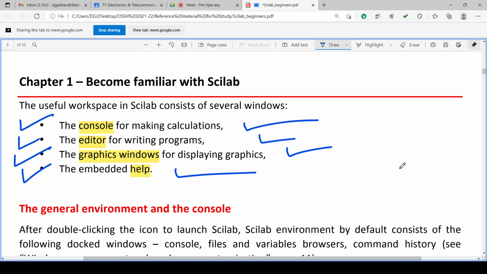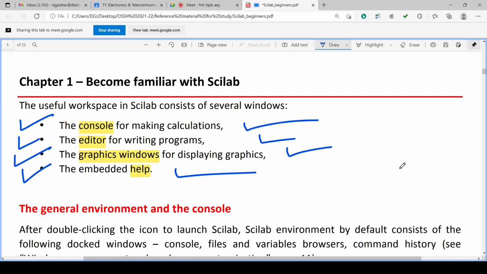Second way, if you know the command, you can go directly to the help of that command by typing help space the name of the command in front of the prompt. Suppose we write HELP SIN, you will get the sine function help.